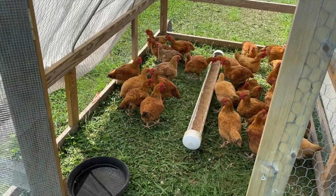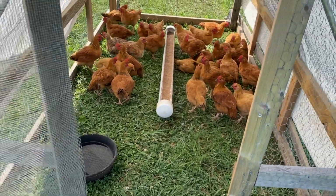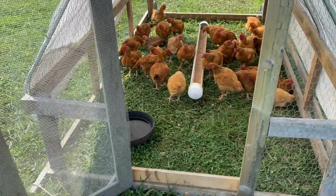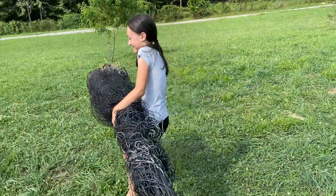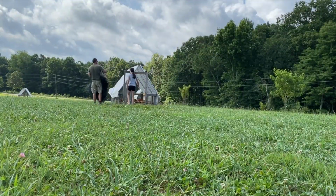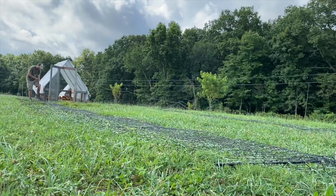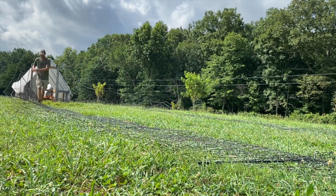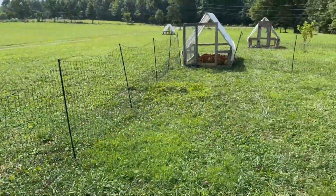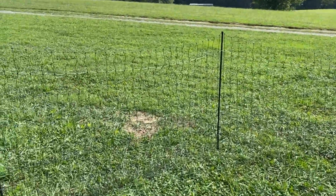Let's see if they want to come out. If they don't want to come out, they can get back in here for shade. But I am going to put their water on the outside so they know that, hey, we can come out of this pen here. So Freedom Rangers, 8 weeks old. Let's give them a little pasture they can come out in. Got it up. We made an odd shape around it just because the last spot they ran when they headed down the yard,